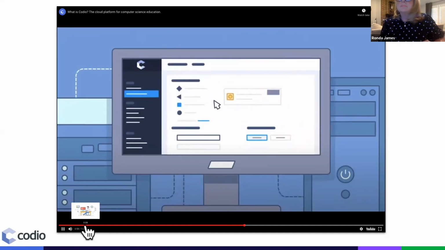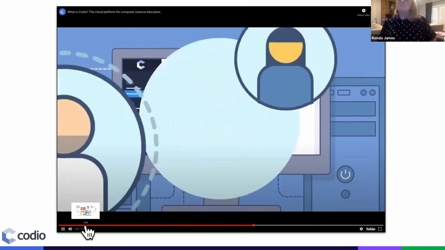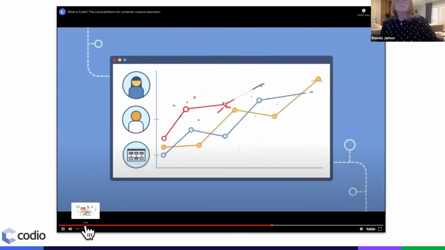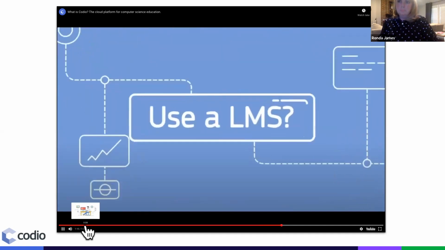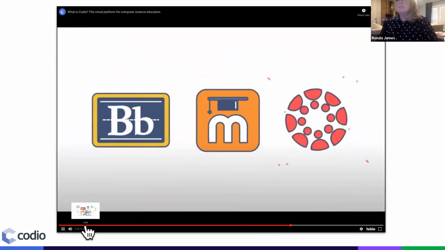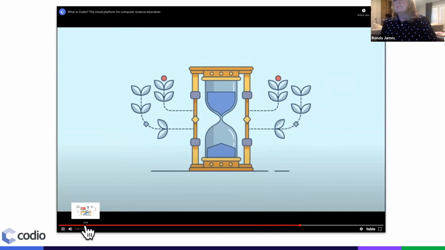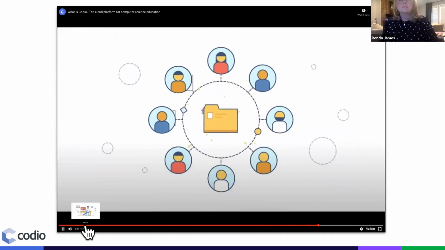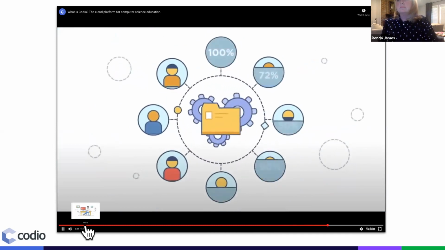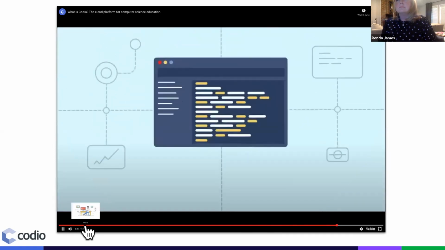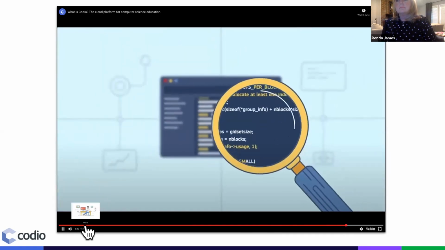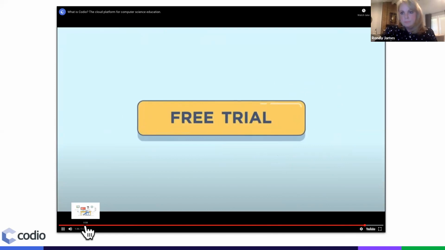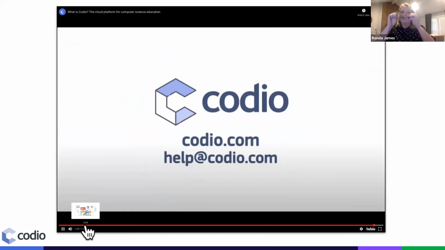Create a new project from a template in a few clicks and instantly assign it to your class. Codio is for beginners and experts. Our powerful IDE progresses with students into their professional careers. Use an LMS. We integrate with Moodle, Blackboard, and many others. Codio saves you time too. There's no software to install. You can allocate work to your whole class with just a few clicks. Use auto-graded tests to give students instant feedback. Then check their progress and instantly assess their code with built-in plagiarism and debugger tools. Experience Codio for yourself with a free trial or a demo. Why not request yours today?